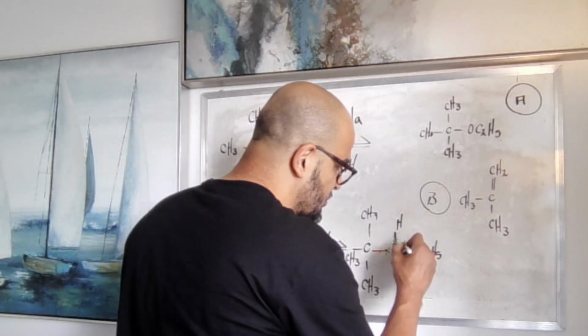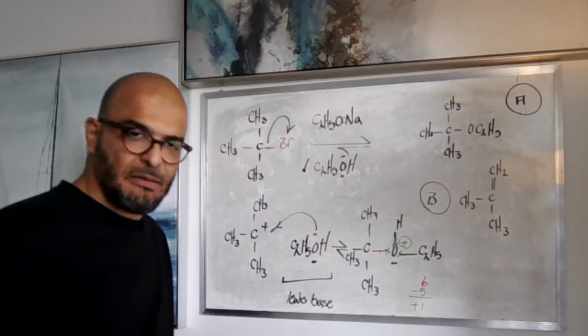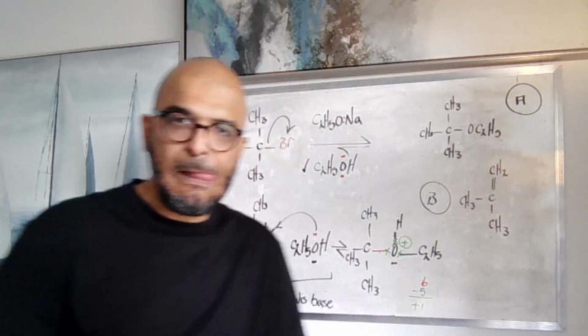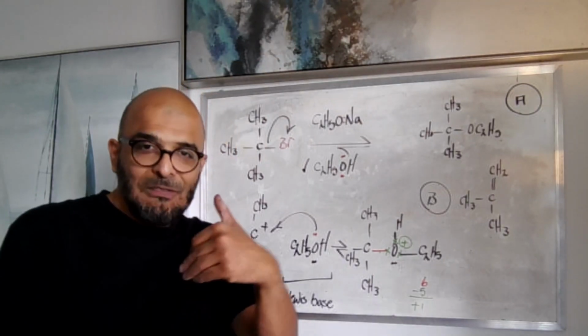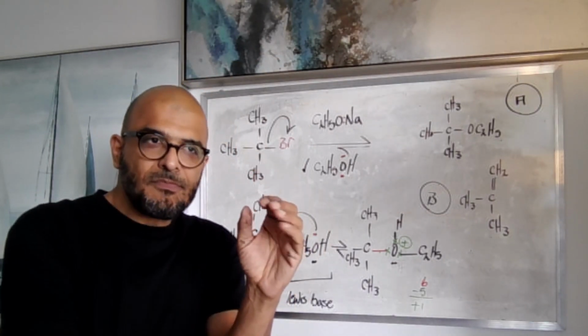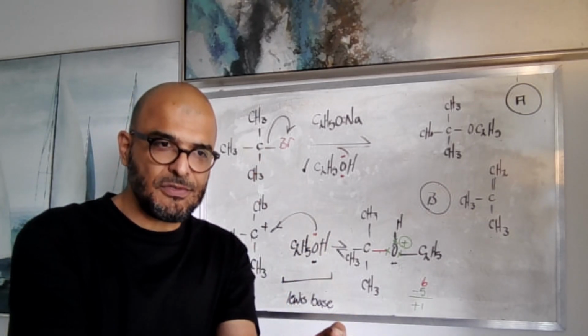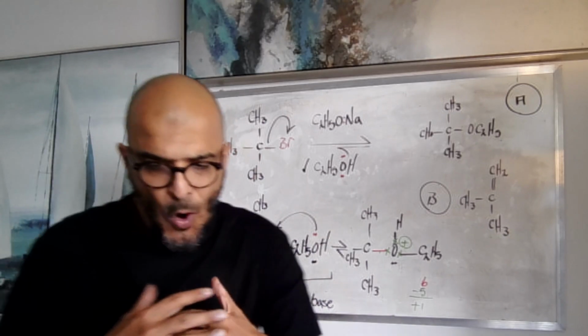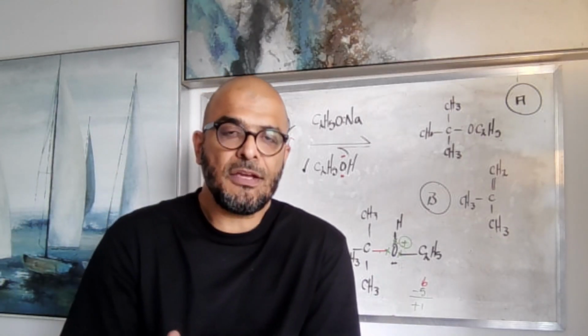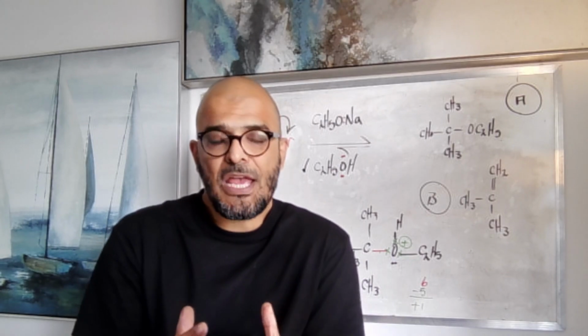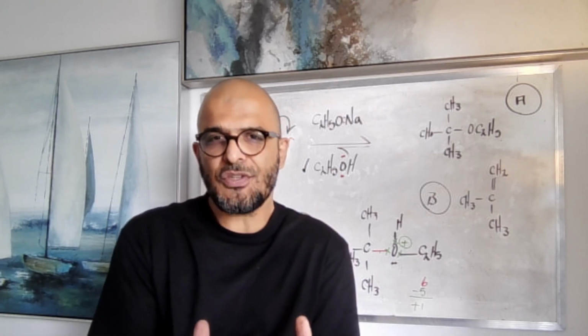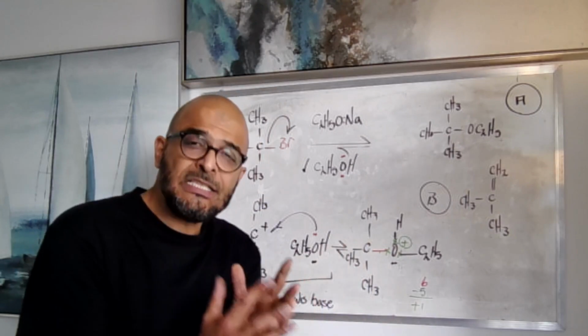A plus charge. This is a problem for us in organic chemistry, because remember, we have always seen that oxygen is highly electronegative, one of the most electronegative elements in the universe, which means it has to overflow with the excess of the electrons. Then you expect to have a negative charge on the oxygen. But here we show a positive charge, which